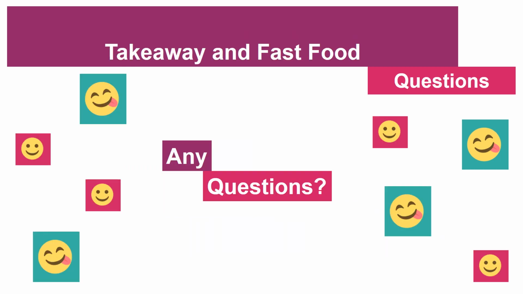Okay, so we just have a few quick questions from Tom and Shan now. Shan asked, what do I do if my family and friends get lots of takeaways? This can be tricky, but try using some of the swaps and tips from this session, and this can help you choose better options when ordering takeaways and fast foods if you are getting them regularly. Tom asked, can I still get my favourite fast food order? And to this we say yes. Yes, you can still enjoy your favourite takeaway meals, but try to limit how often you get it.